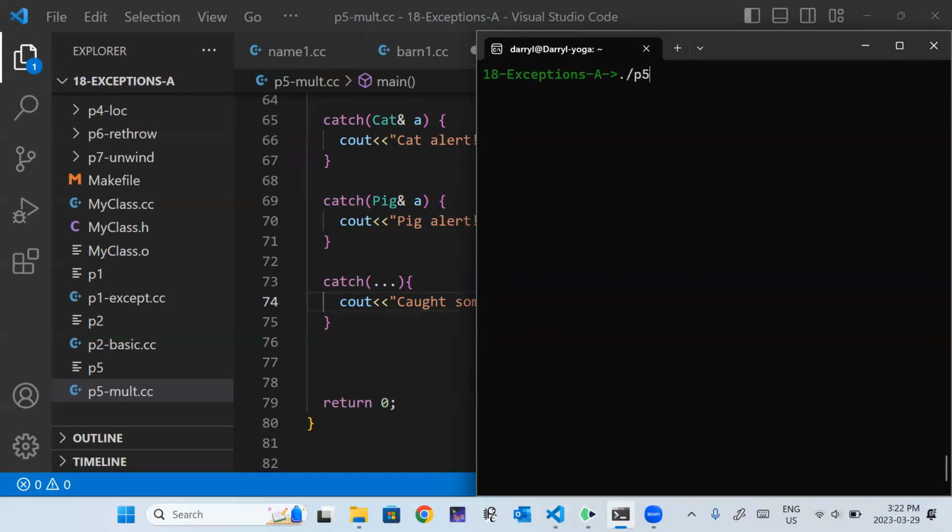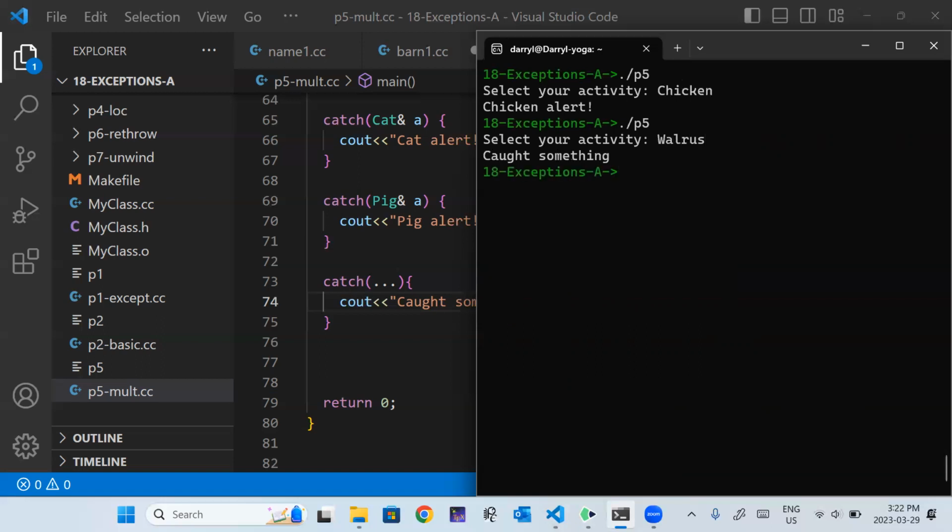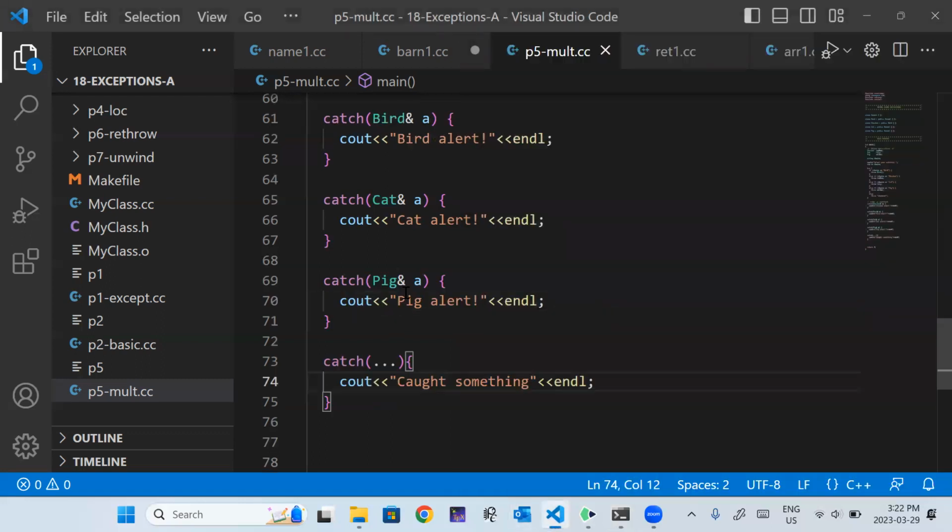Fantastic. If we try that again, I'll say chicken. It says chicken alert. Great. If I say walrus, it says something. So walrus doesn't show up, so it just throws whatever, and that catches in the catch-all. So yeah, we can have multiple catch blocks.